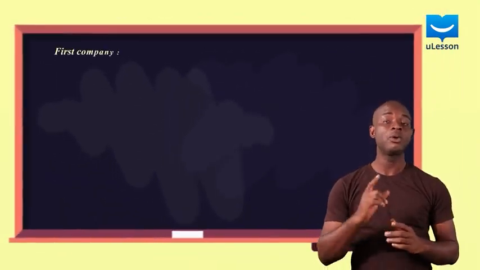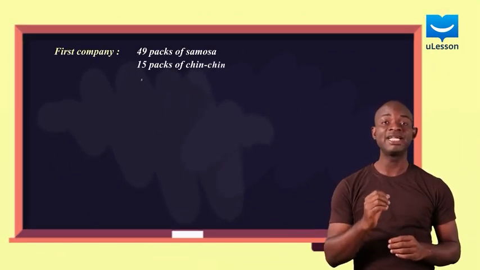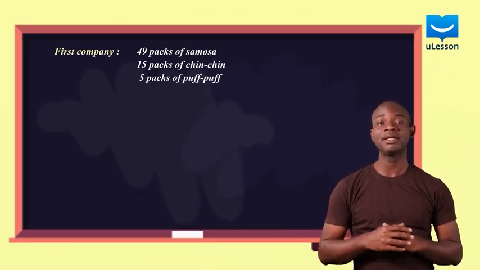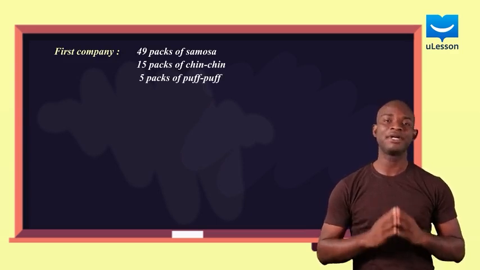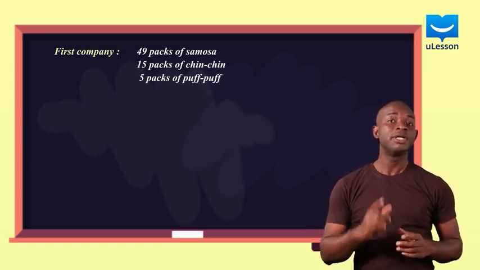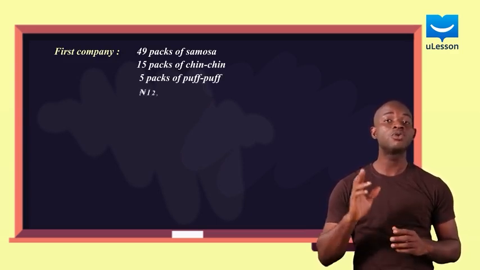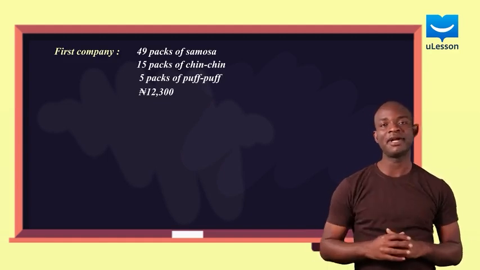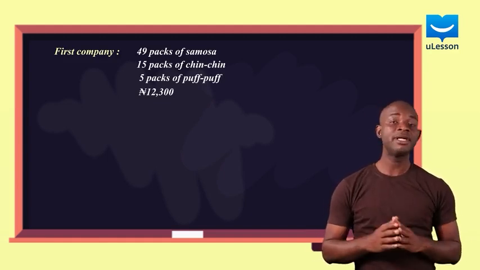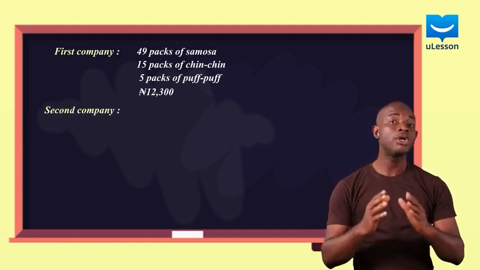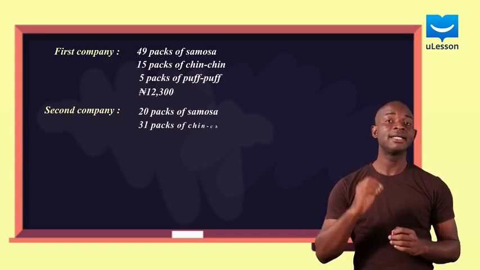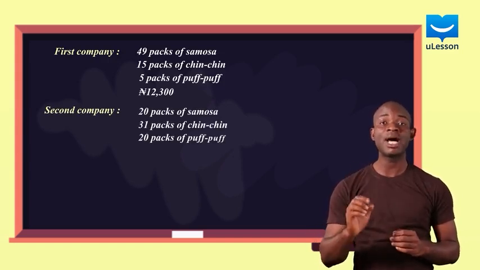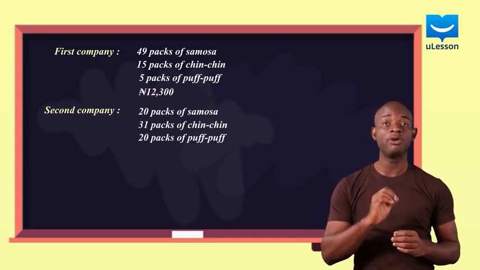The first company wanted 49, 15, and 5 packs of samosa, chin-chin, and puff-puff respectively. So, she billed them a sum of 12,300 naira. She billed the second company who requested for 20, 31, and 20 packs of samosa, chin-chin, and puff-puff